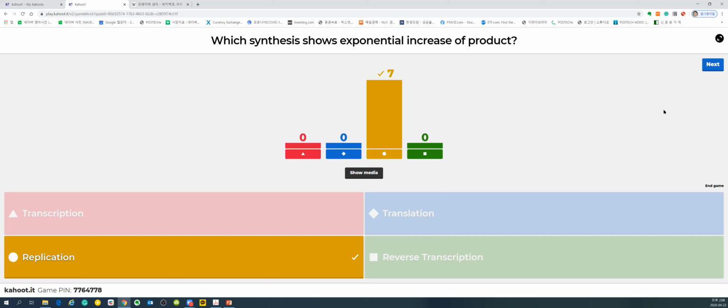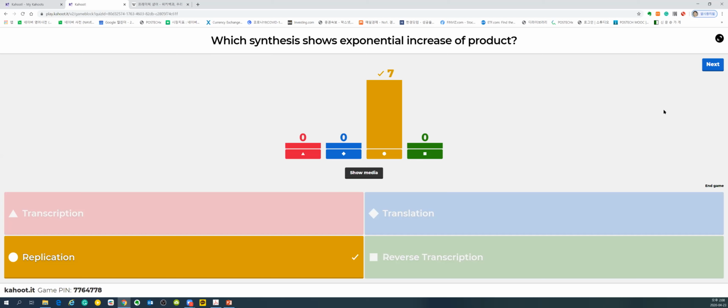Translation, what is the template? mRNA. mRNA is a template. Product is a protein. It's the same situation. Template amount is not changed. Only product is made. So you can amplify, but it is not in an exponential manner. For replication, one DNA makes two strands, and then both of them can be used as a template.